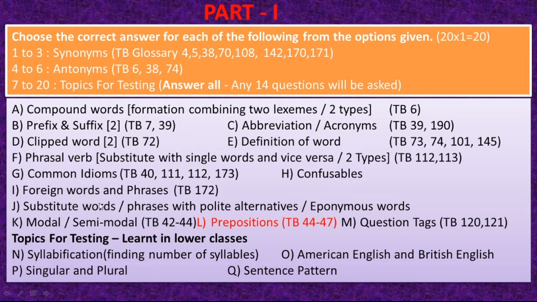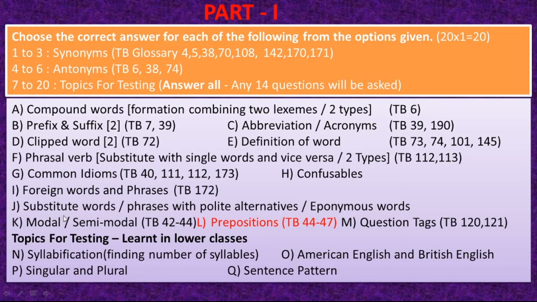Next one is foreign words. What do you mean by foreign words? For example, foreign words will be given there and you have to write the meaning of these. Okay, viva voce. What is the meaning of viva voce? It is often used in our subjects also. Viva voce means a spoken examination. Okay, all the degree holders or higher studies people attend this paper like viva voce. That's called a spoken examination. That's called viva voce. This is called foreign words and phrases. This also will be given 1 mark.